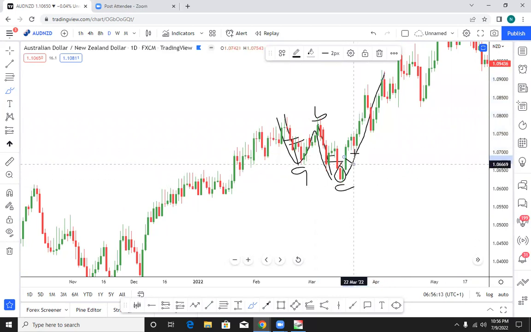Let me count. 1, 2, 3, 4, 5, 6, 7, 8, 9, 10, 11, 12, 13. You are bullish. Keep holding your trades. Can you see? Even if you have any pullback, you don't care because you are trading in the direction of the move as shown by the buy pressure at the end of correction on a daily chart.